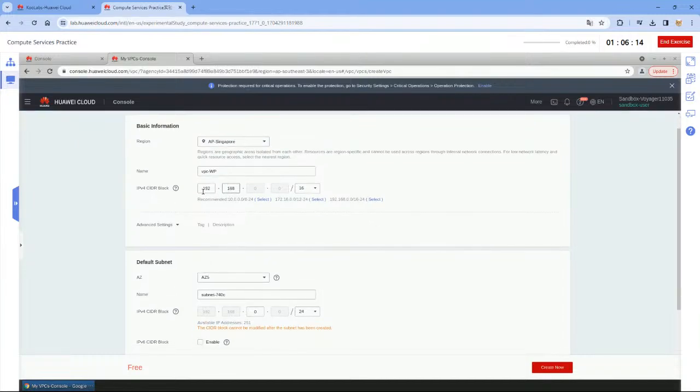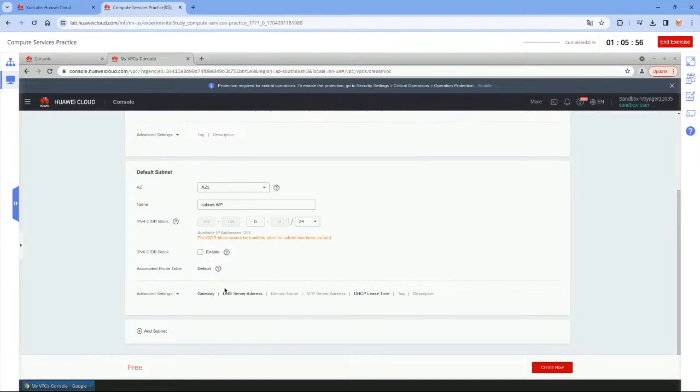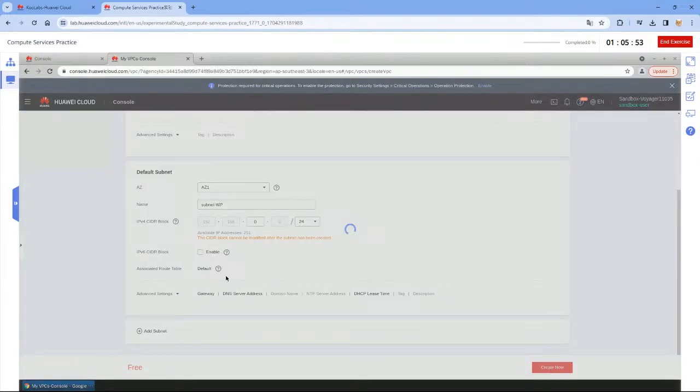Okay, and we're gonna use the AC1 and the subnet also be the WP with that CIDR IPv4, and that's it. Click create,